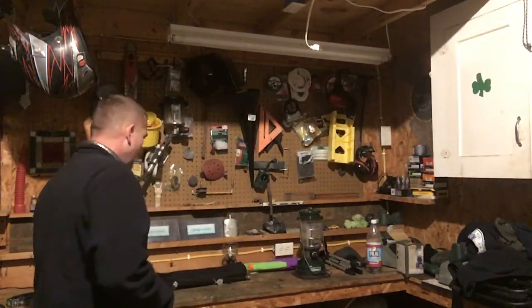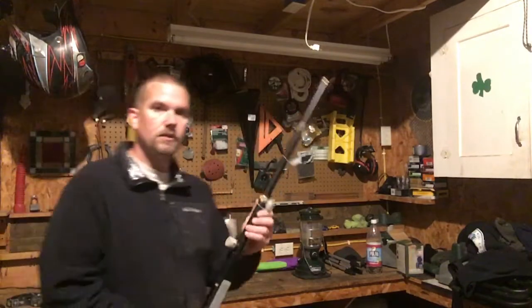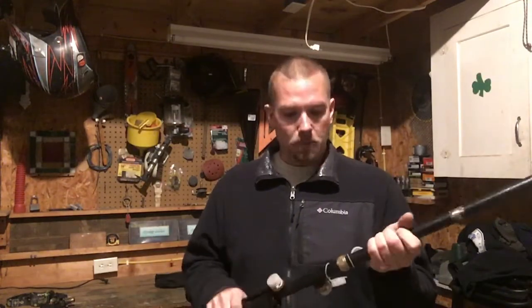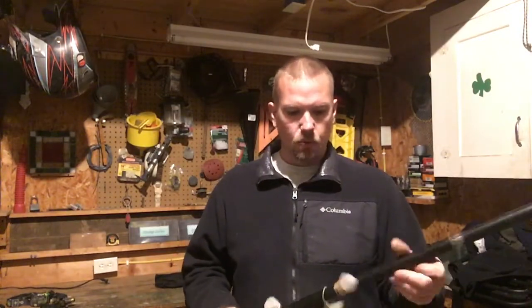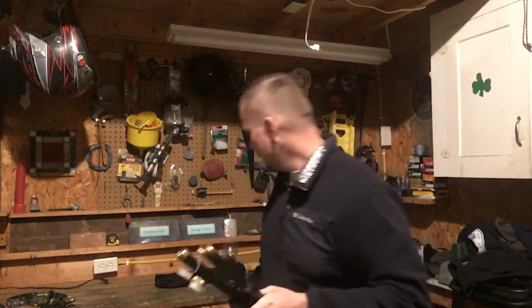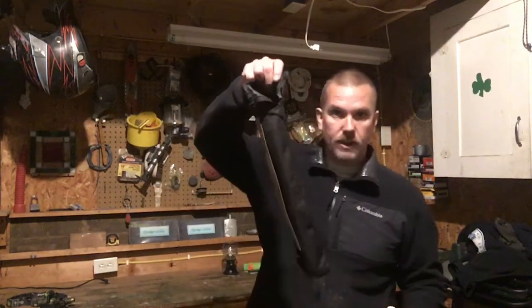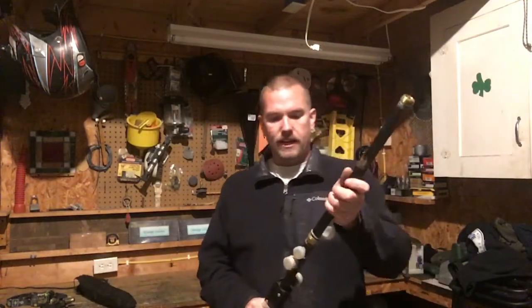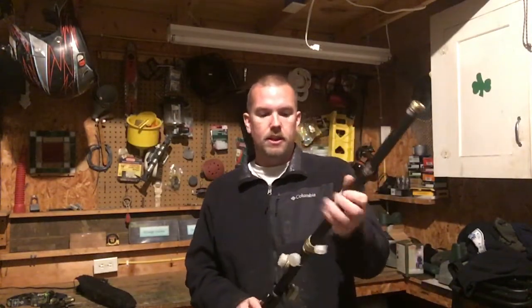A propane tree. This, I love this thing. I honestly don't remember where I bought this, but you can buy them at any regular camping store. This one actually breaks down, comes apart, and it stores neatly in a little carry sack like this. But the reason why I like this is you don't always,